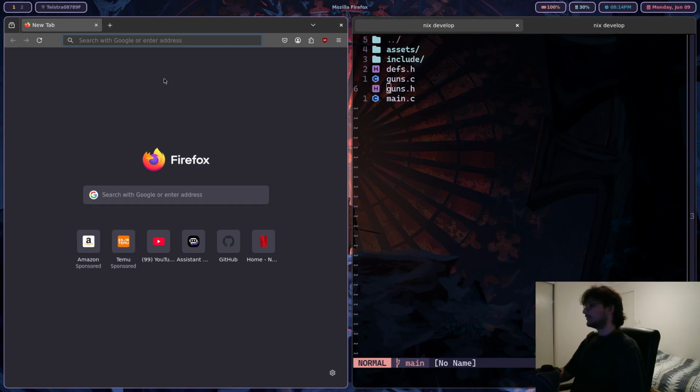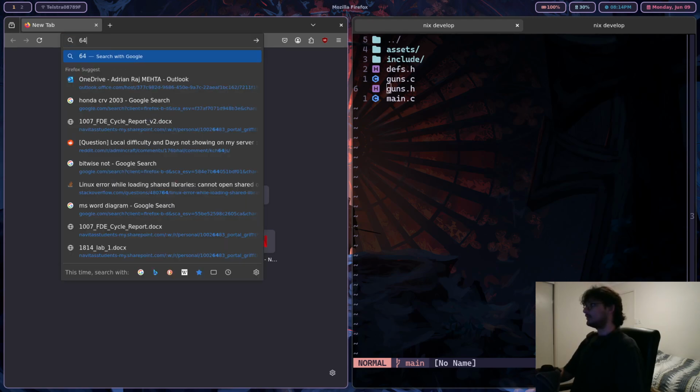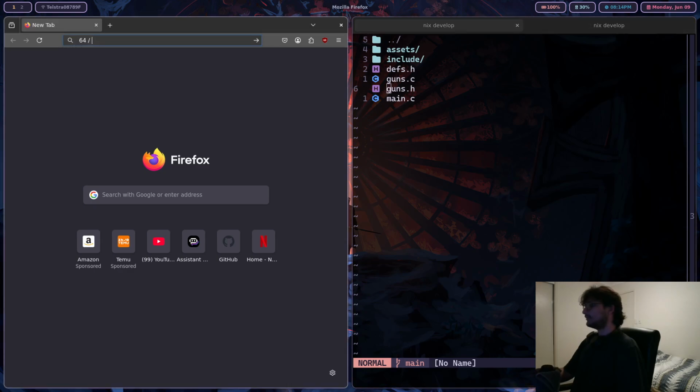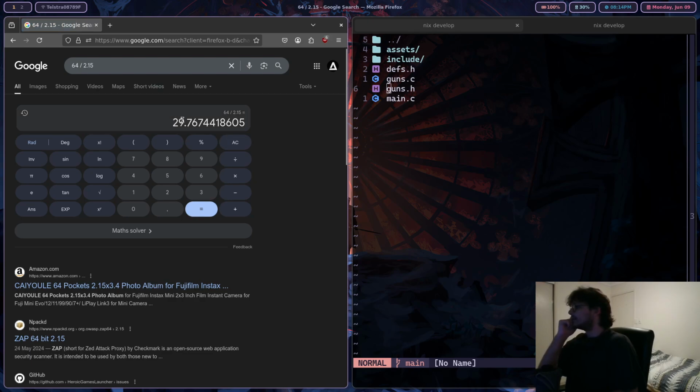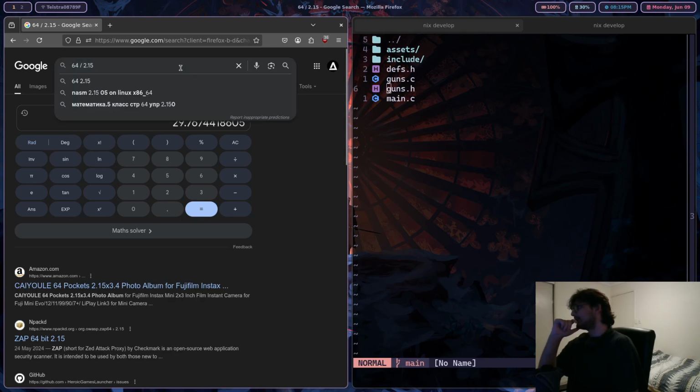Let's just do 64. When I do 2.15, this is the size of a player. We want it to be a lot smaller than the player, so maybe around 5. Nah, that might be too small. Let's say 10. So if we wanted to make it equal to 10,